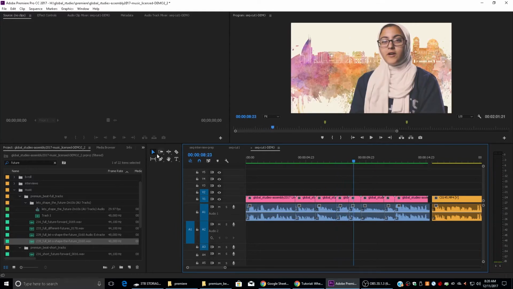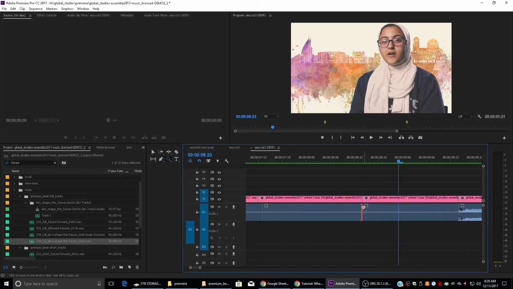So what I'm going to do is with my selection tool, V on the keyboard, I'm going to hover over this transition here, and I'm going to click on it. And you'll see it gets highlighted in red. I'm actually going to zoom in here too. And while you have this transition zone highlighted, what you can do is press Control-Shift-D, and that's going to add